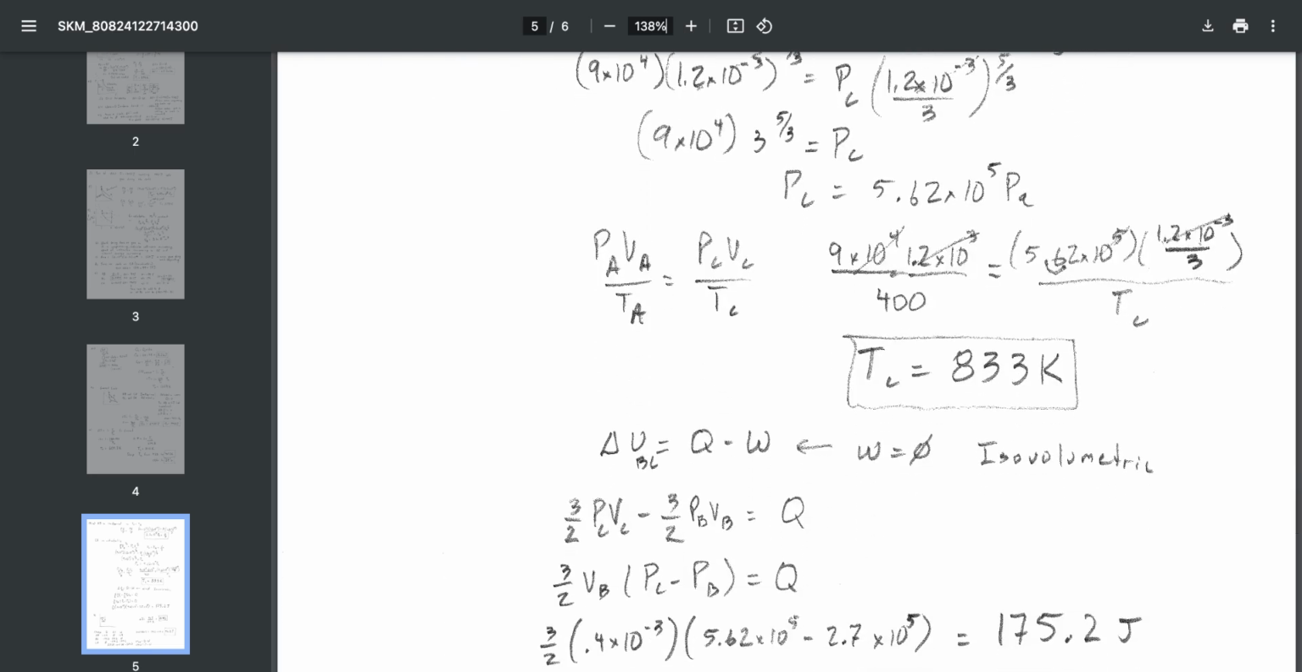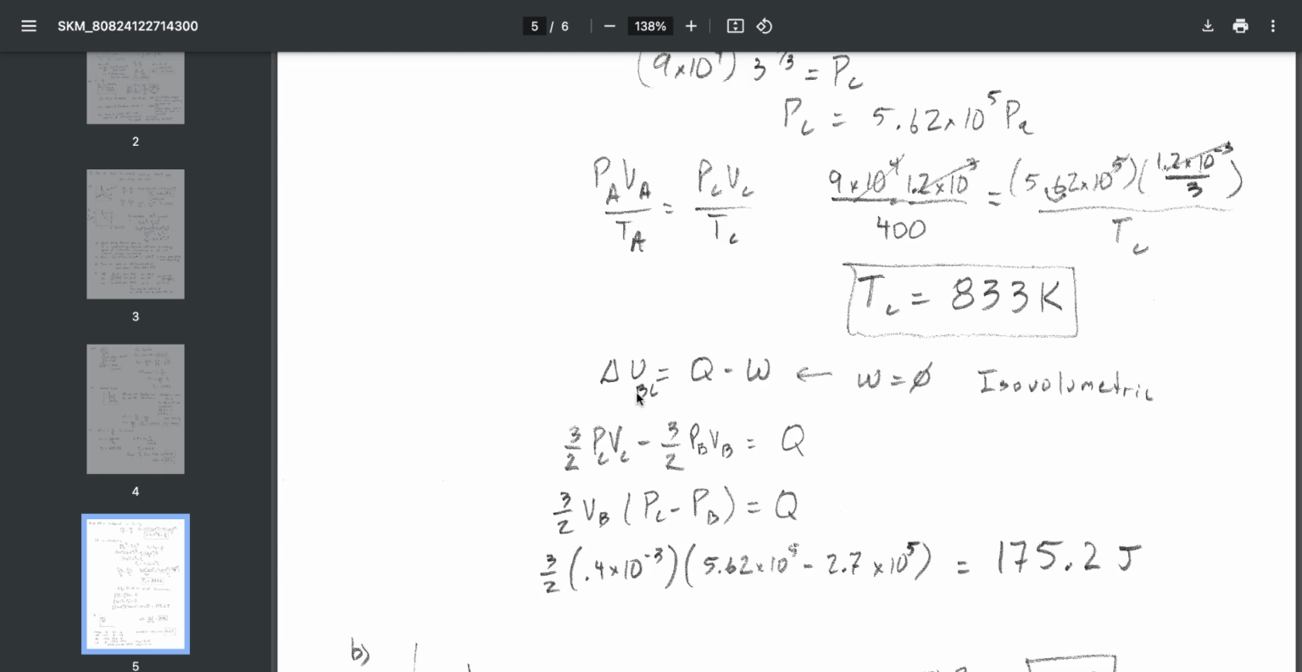And finally, the thermal energy added to the gas during the change from B to C. Well, for this one, work is 0 because it's isovolumetric. So we can just say our change in internal energy is equal to Q. And since we know our change in internal energy is 3/2 NkT, and NkT is the same as PV, we can just throw it in like this